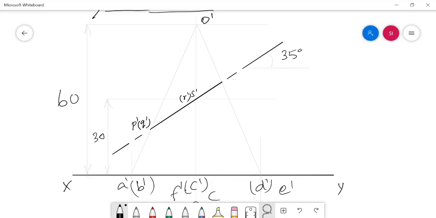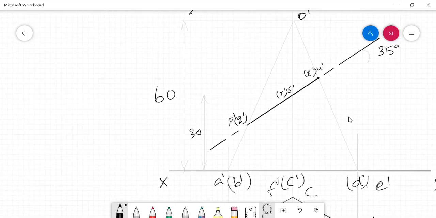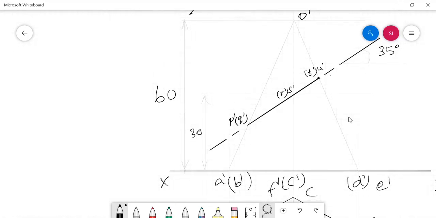Here one more intersection is there. It is O dash D dash and O dash E dash. Two edges are passing, so in this part I have to mark two cut points. Say they are T dash and U dash. Totally in this problem we are getting 6 cut points by sectioning the solid with the given cutting plane.